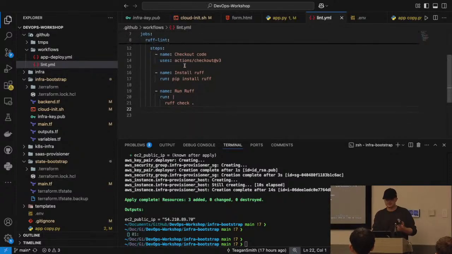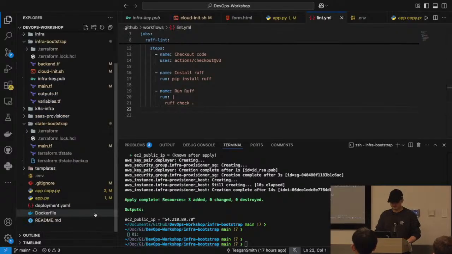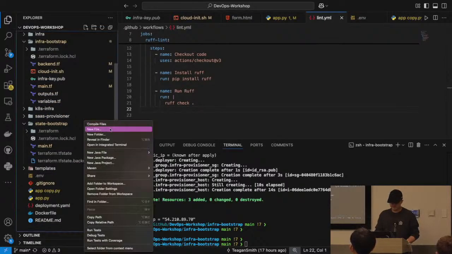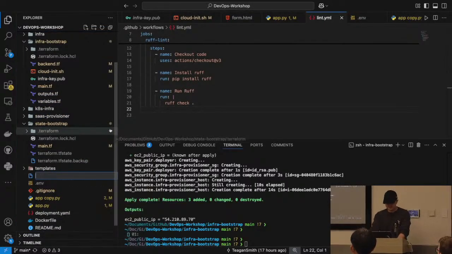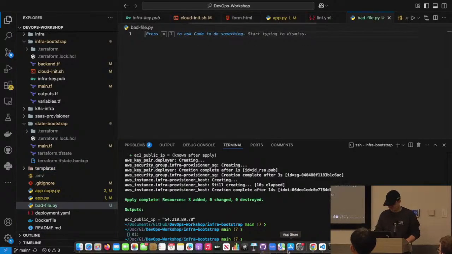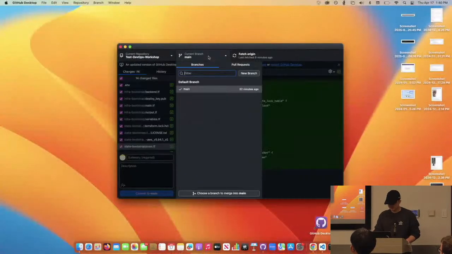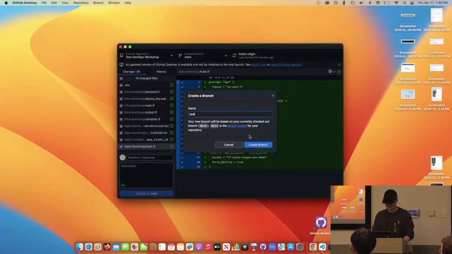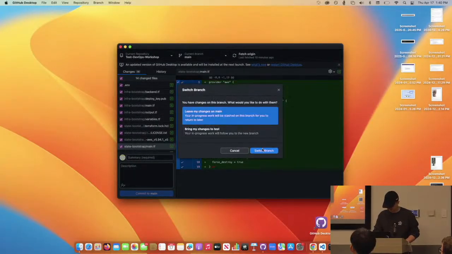What Ruff does is it checks your Python code against a set of standards. So I can come in and create a file, let's just call this badfile.py. And I'm actually going to switch over to a new branch here just to show this off. Just give me a moment, sorry.